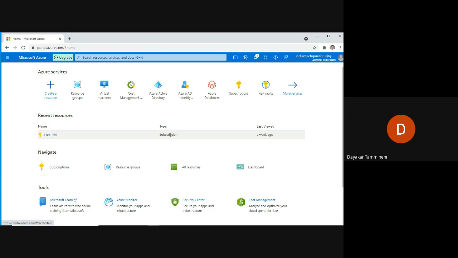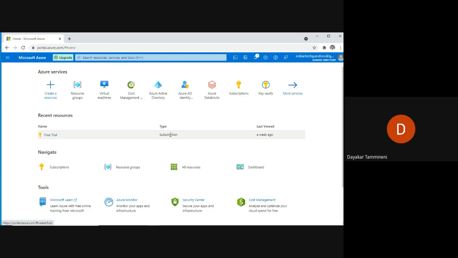Actually, setting the availability zone or availability set is free of cost. However, to set up the availability zone or availability set, we need to use additional virtual machines, isn't it? Yes, sir. In case of availability zone, we need to maintain one virtual machine in one data center, that is called a zone, and another virtual machine in another zone. So that incurs the cost of one more virtual machine.